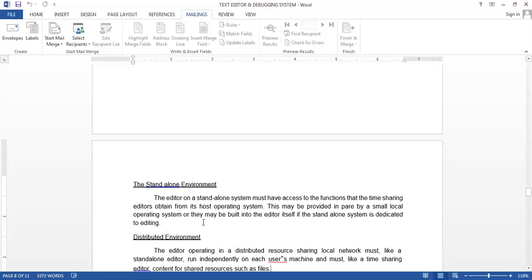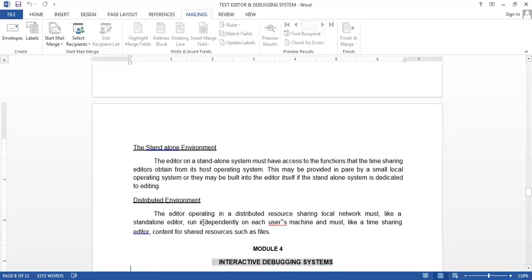And the distributed environment is where all the systems are connected through a network, but they are working as standalone. So all the editors are standalone, but they are connected through a network. There is also standalone functionality because every editor is performing its own functionality.